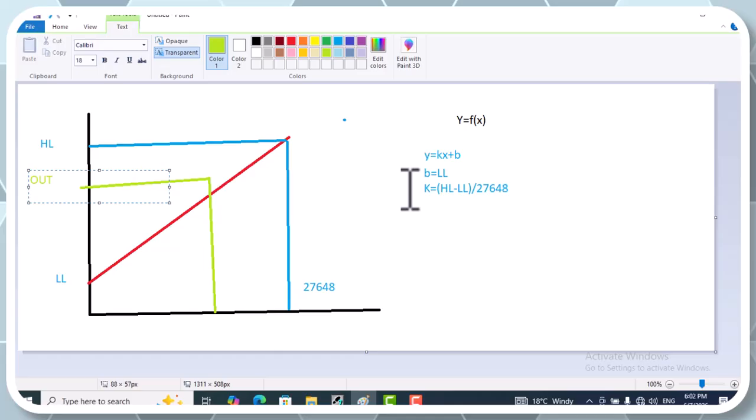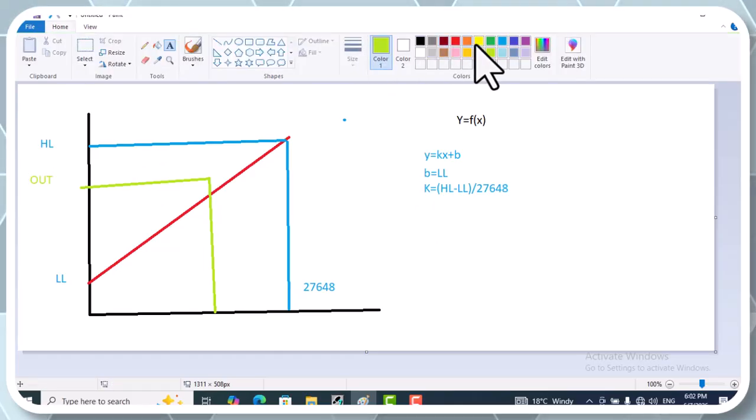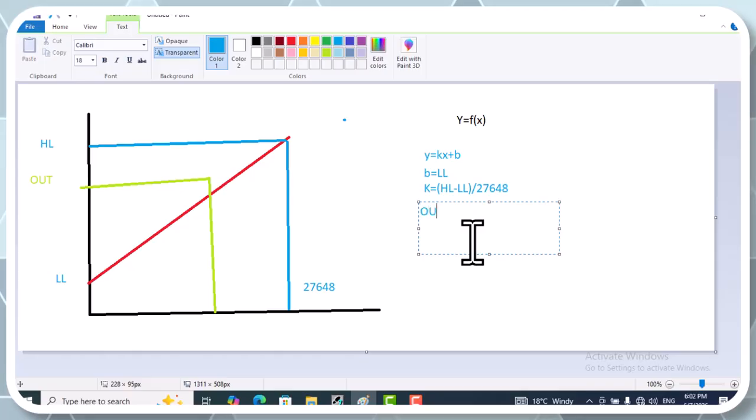We use the same formula. Let me write it down. Out is equal to high level minus low level, divided by 27,648